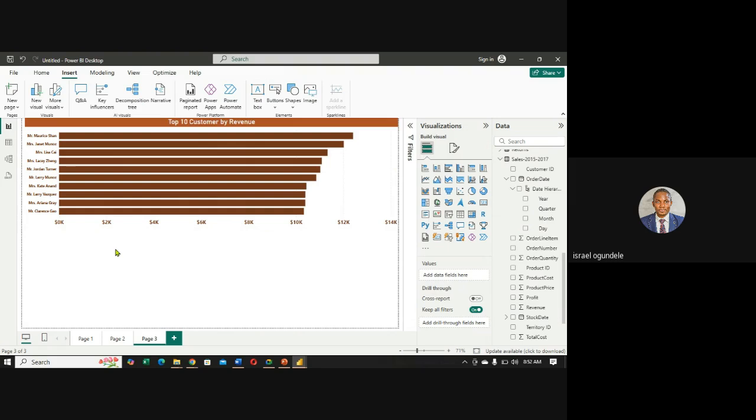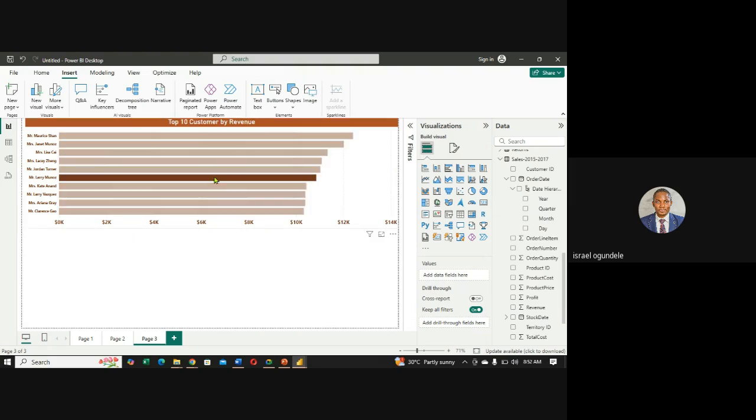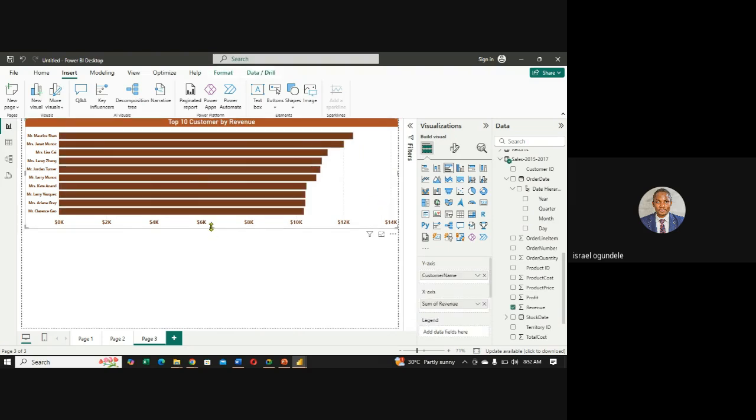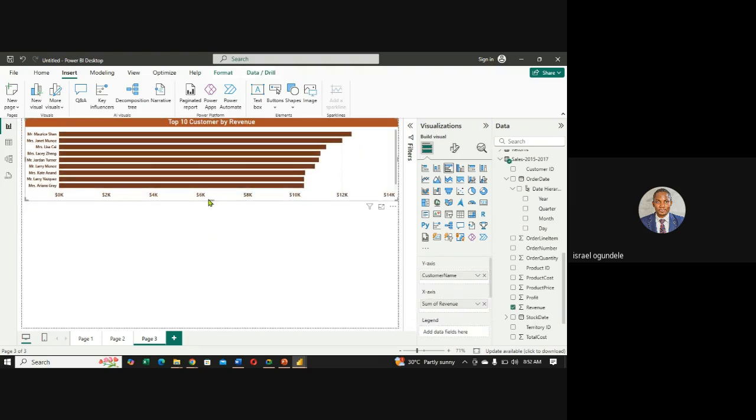Now let's look at this decomposition. How do we also decompose in this case? Decomposition is another powerful tool that we also use in Power BI, which can help us to decompose some functions in our work. We call it decomposition. So how do we use decomposition? For instance, this is called a decomposition tree. If I click on decomposition,